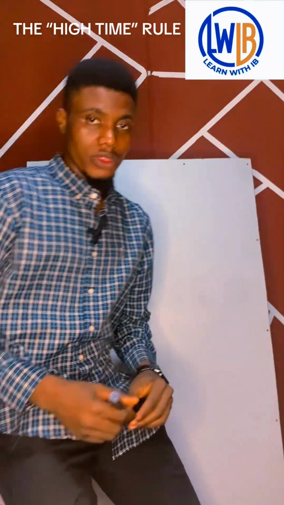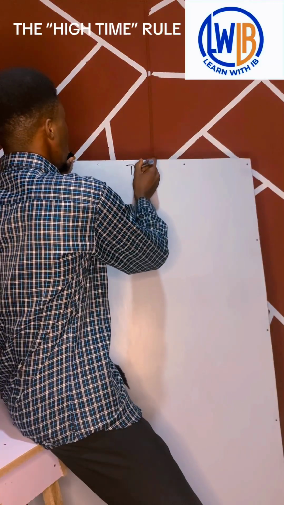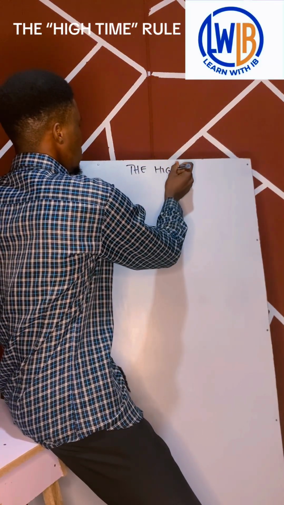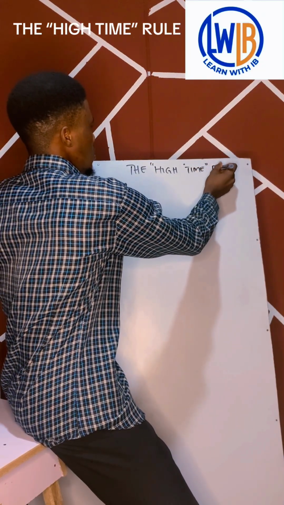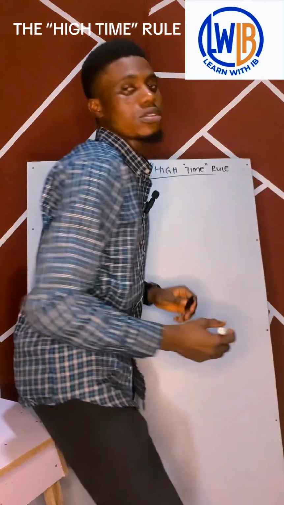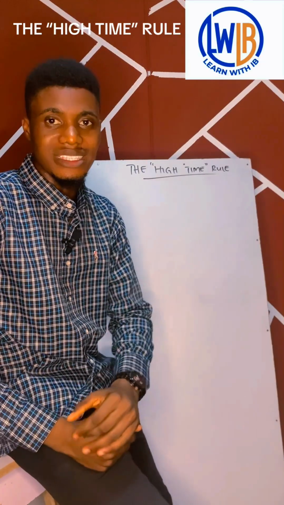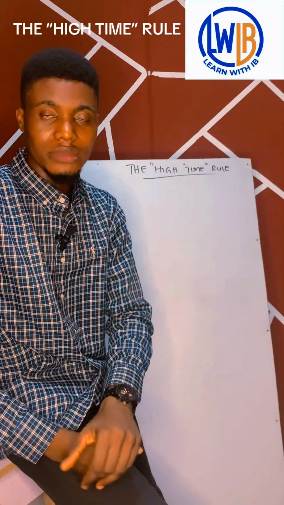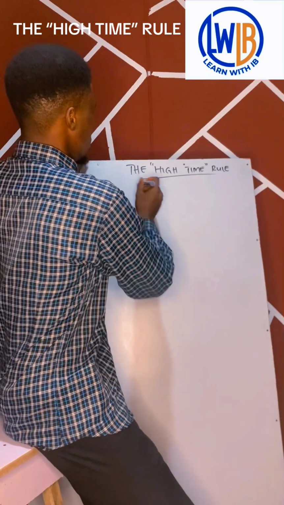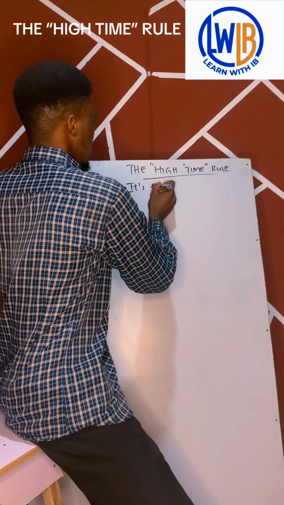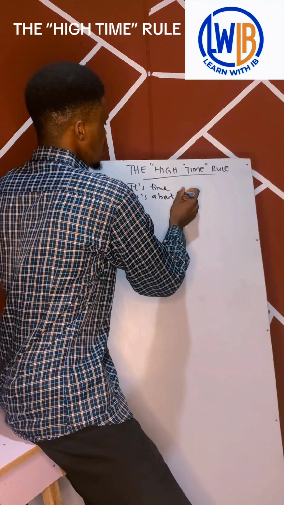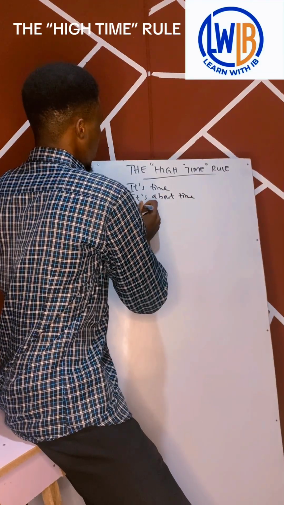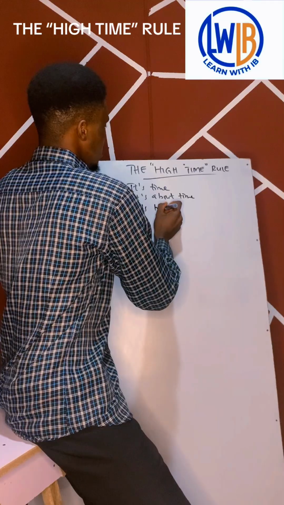Today's episode will be on the "it's time" rule. What does this rule state? This rule states that whenever you make use of "it's time," "it's about time," and "it's high time,"